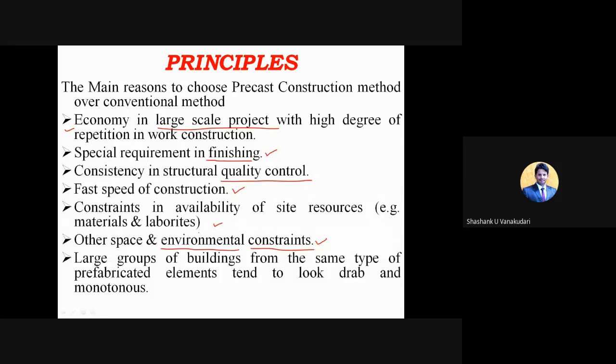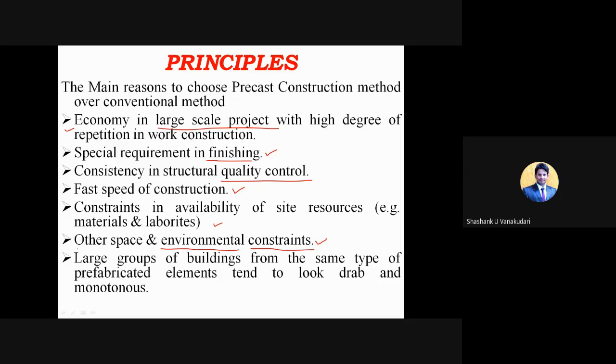And in the prefabricated manufacturing site, everything is controlled in closed sheds, so no need to worry about the environmental aspects. Even in rainy seasons they just manufacture, and even in rainy season while installing, it nowhere affects the structural members. They just need to concentrate more on the exact space and locations for placing those structural elements, and then fit them properly. So environmental constraints nowhere affect the prefabrication concept.